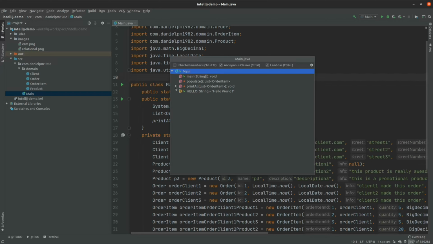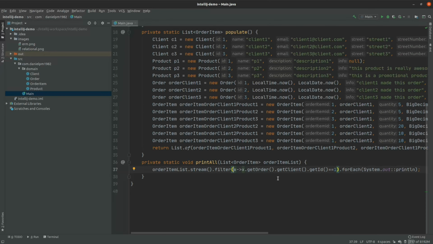For example, at the printAll method, we have a lambda of the Predicate type with items of type OrderItem, and that's for the filter operator of the stream we used to iterate over the items from the order item list. So if you want to go to that predicate lambda, you just click here and it will go to that